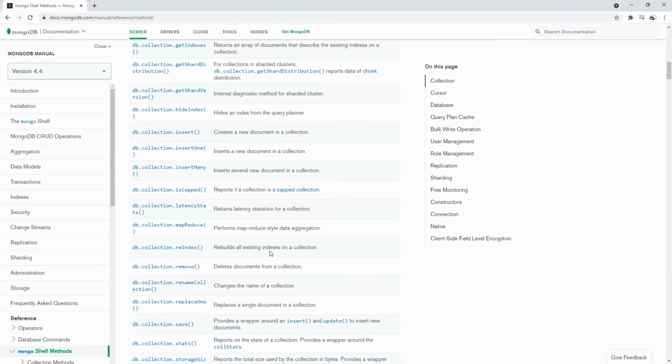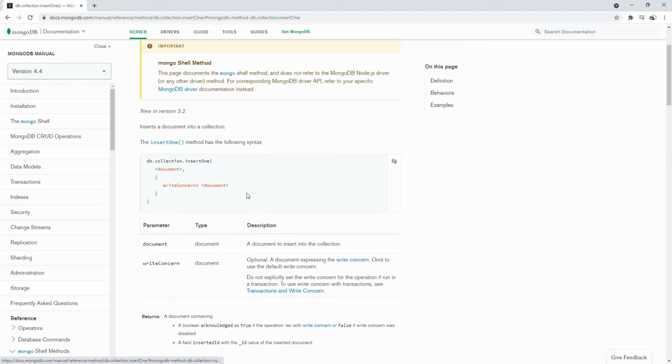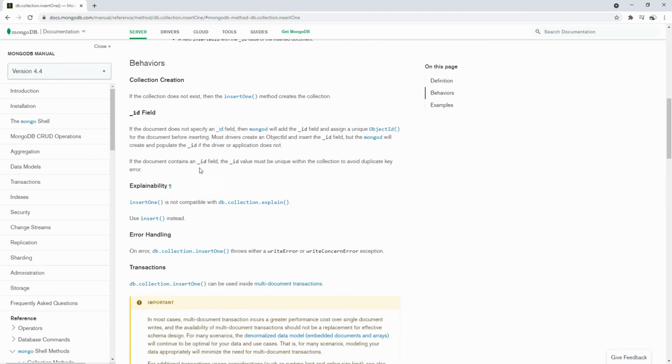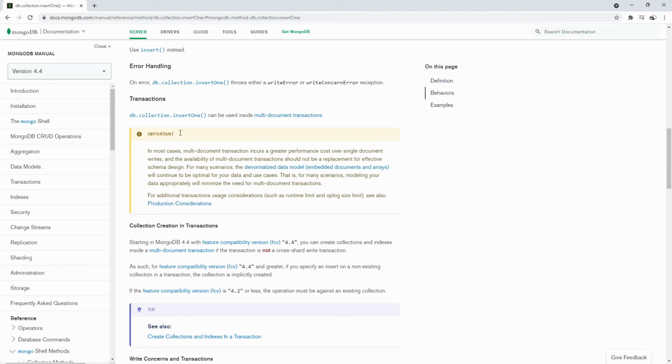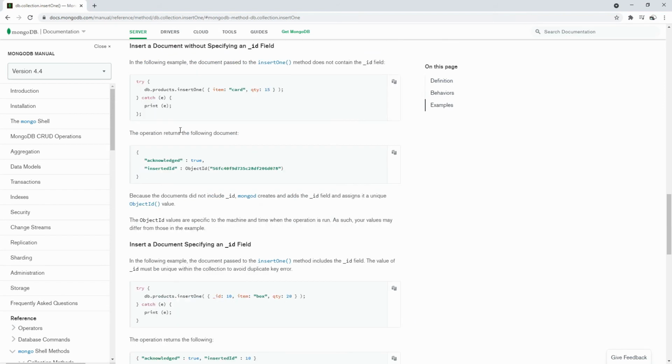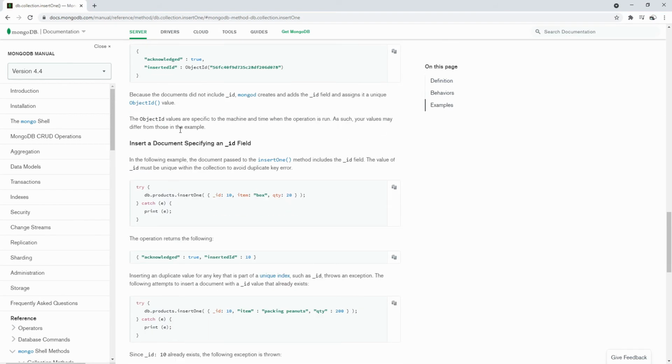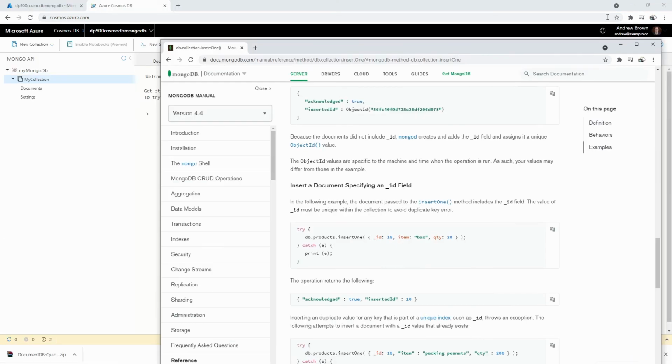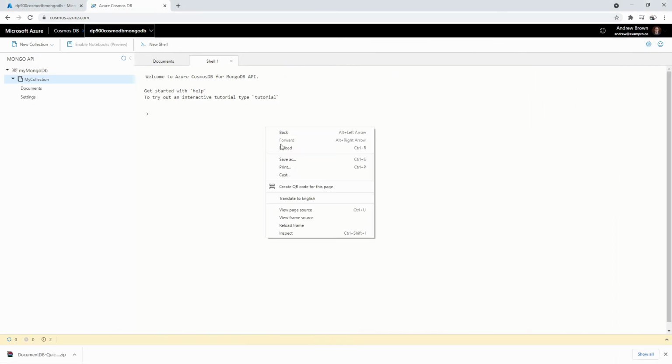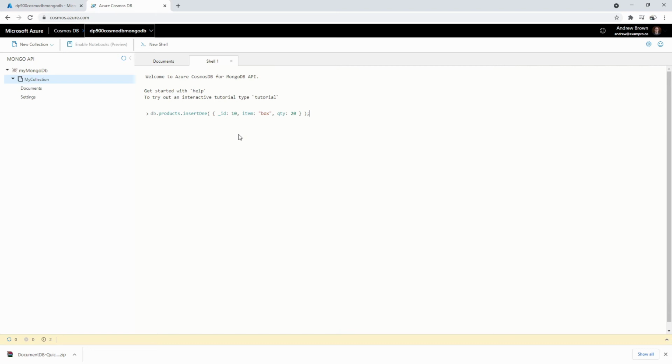And so let's just go ahead and see if we can insert something. We only need to insert a single document. And so here we kind of see the stuff here. Yeah, underscore ID is the main field there. And what we'll do is scrolling down, and we'll just go ahead and copy this command and see if we can get that to work, okay? So we'll go back over here, give that a paste, hit enter,